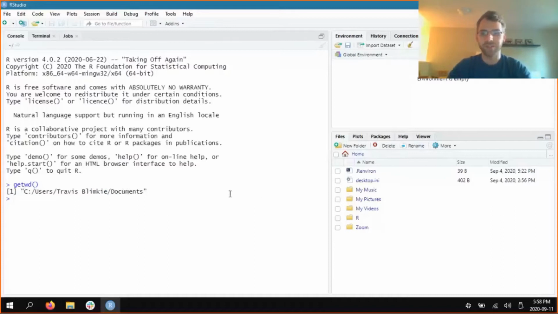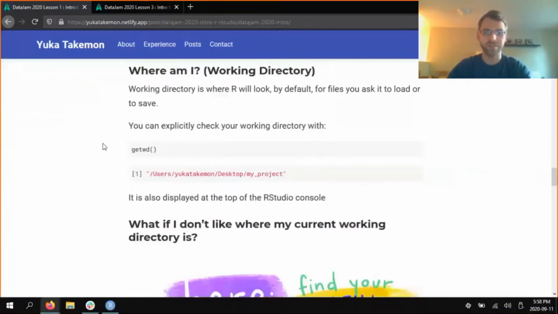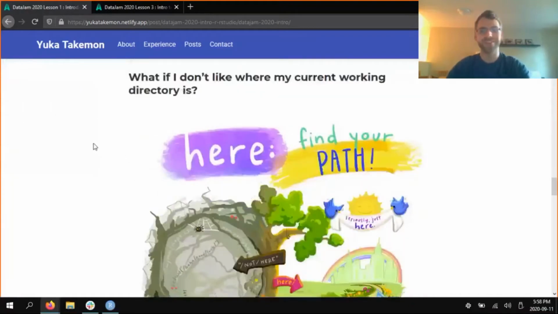If you were trying to load data into RStudio, this is the first place it's going to be looking, which can be problematic if your data lives in another folder, maybe a subdirectory of documents you have set up for your project. So being aware of your working directory is important, because it will probably at some point cause you some issues. There are ways to get around it, and there are ways to change your working